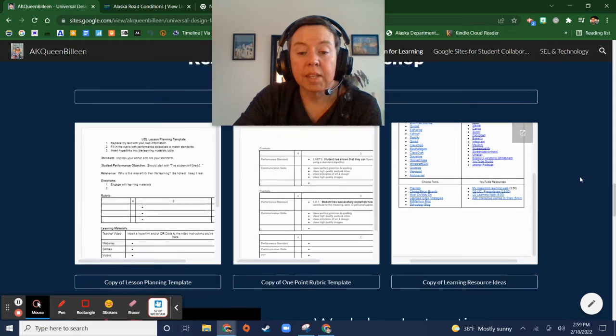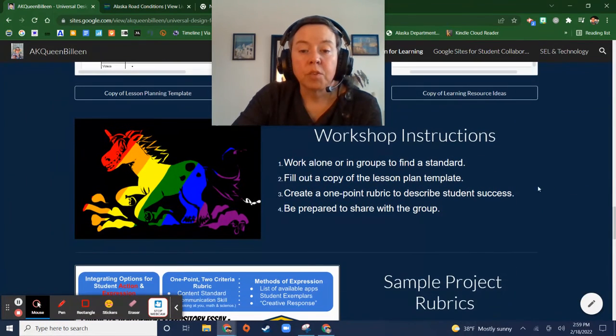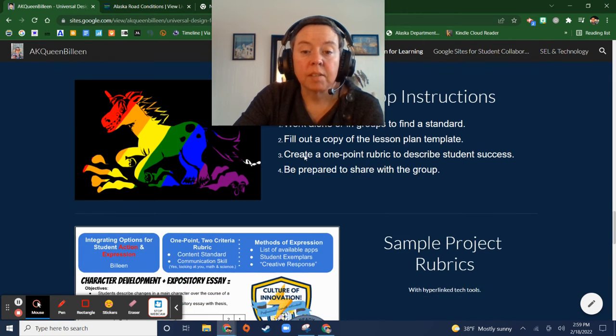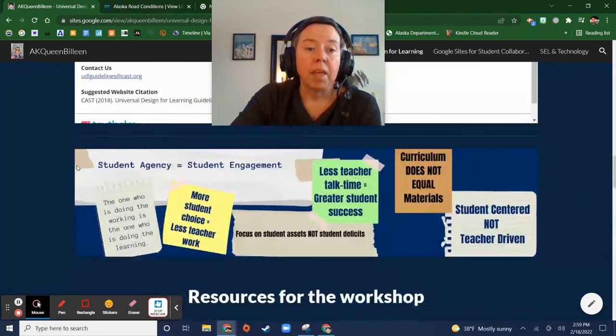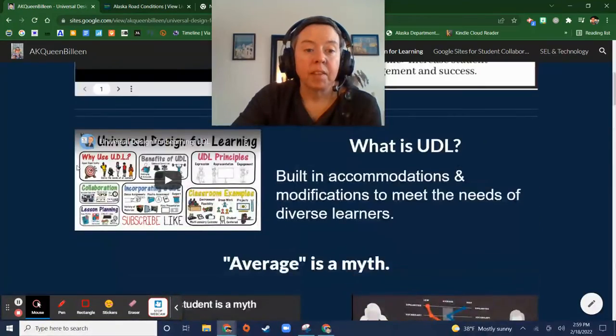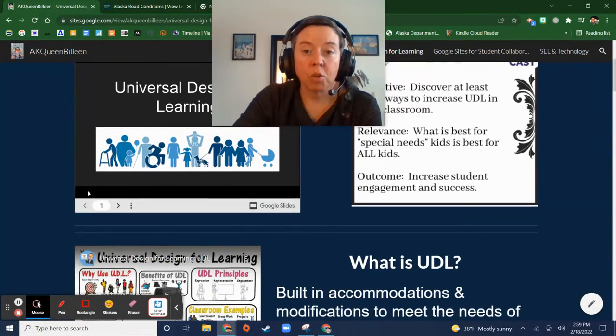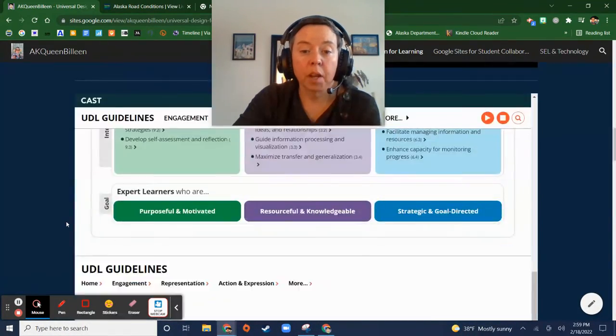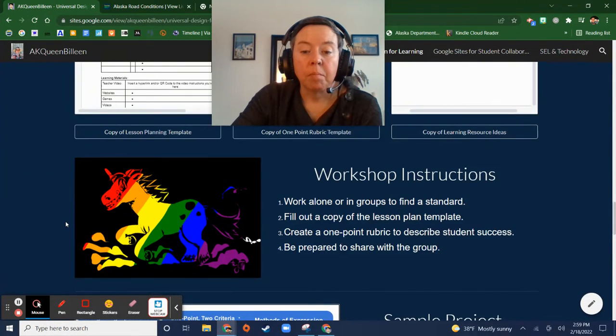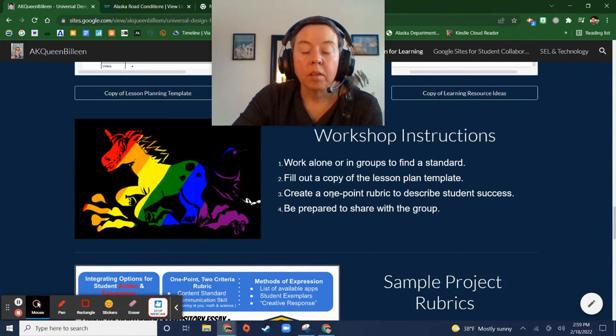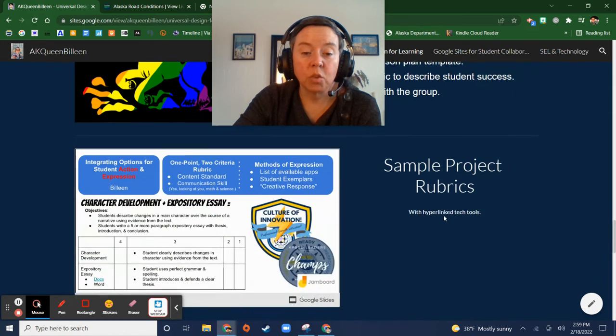and manipulate these different ideas. If you were participating in my workshop, you would be working alone or in groups to find a standard, fill out a copy of the lesson plan template, and create a 1-point rubric, which I give you directions for in the slide deck. You can find directions on how to make a 1-point rubric, to describe student success, and then think about ways that you can integrate these UDL